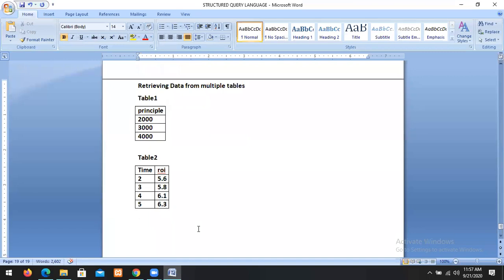I want to perform the Cartesian product of these 2 tables. What is the Cartesian product of 2 tables? The first table has 3 rows, the second table has 4 rows. Totally 3 into 4, 12 rows. The resultant table has T1 rows into T2 rows, and T1 columns plus T2 columns.